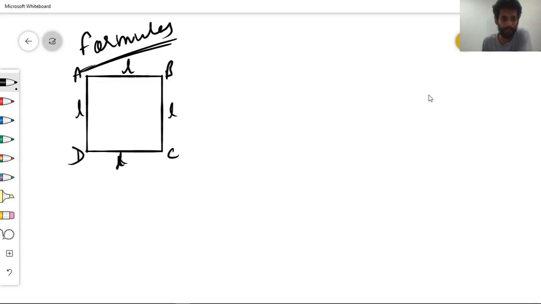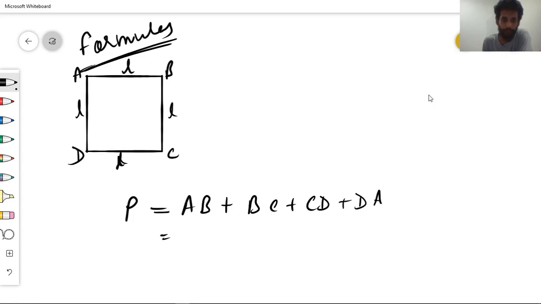Now the perimeter will be, here all the sides are equal, so perimeter will be what? In a general way we have to calculate AB plus BC plus CD plus DA. Now if we put the values, AB is L, BC is L, CD is L, and DA is L. So when we add them, it will be 4L. So perimeter will be this, and the area will be